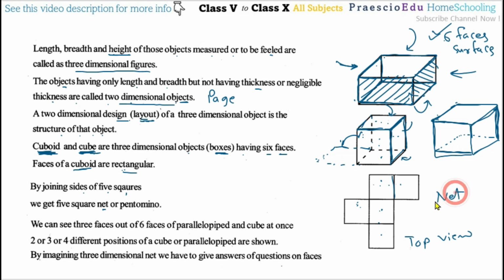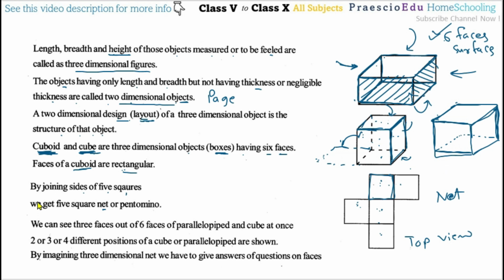Very important. You might not be able to imagine this from the explanation, so for this purpose please take one cube or any cuboid box. Cut it along all the edges, cut all the faces and open it, then place it on the floor. Every edge of these faces or surfaces will attach to the others, and like this you will form a net surface. Through observation you will get this.